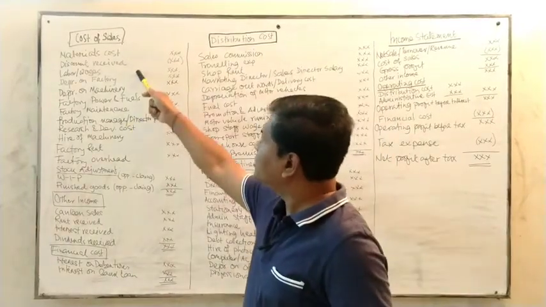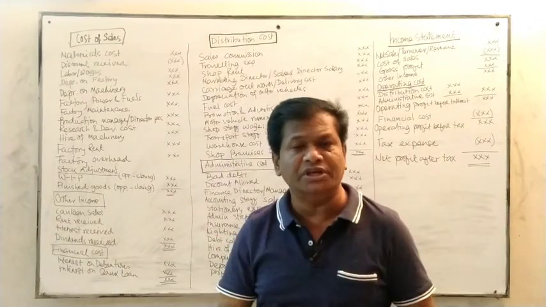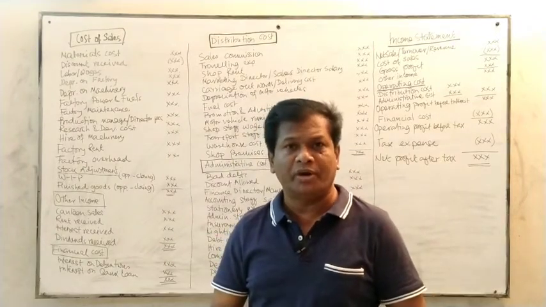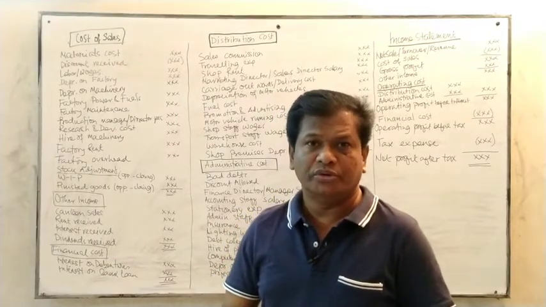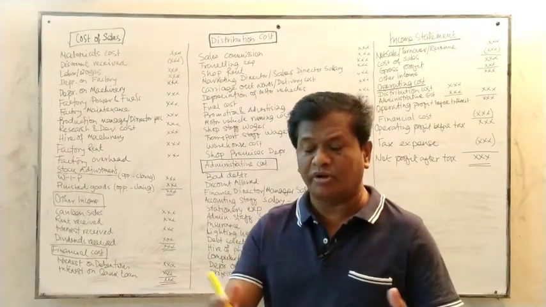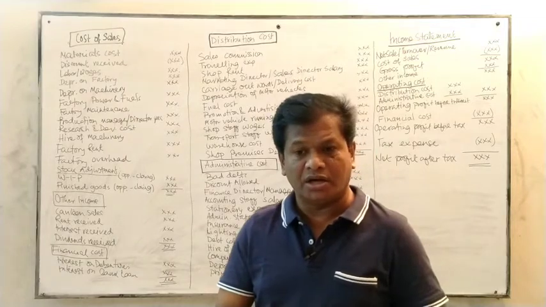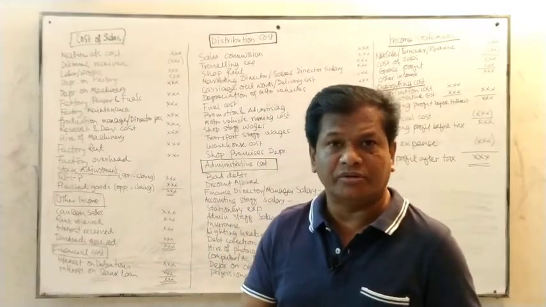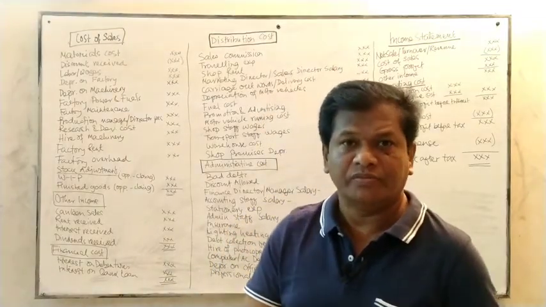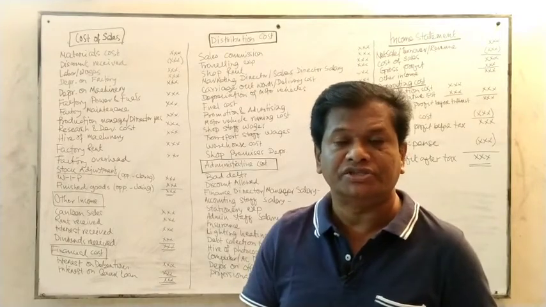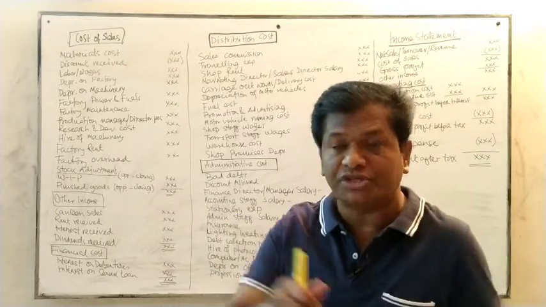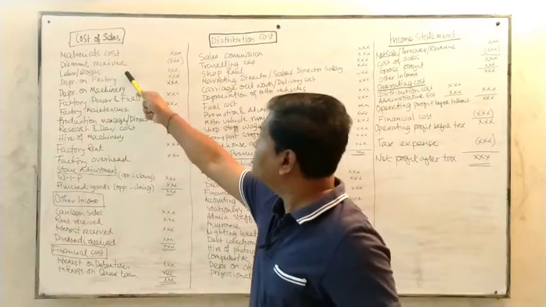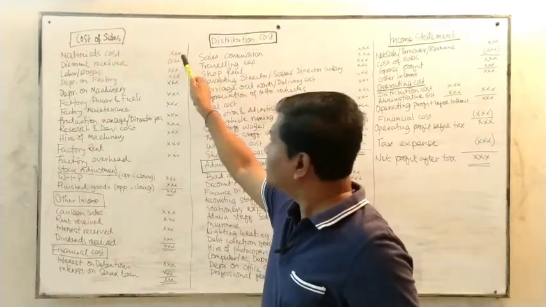The second one is discount receipt. Discount receipt means whenever you buy the raw material, the company may allow you some discount. This is the cash discount. Maybe you are paying the money immediately or early, and that is why you are getting some discount. So discount is an income for you, and that is why it is to be subtracted. So discount receipt is subtracted. The figure is in brackets.